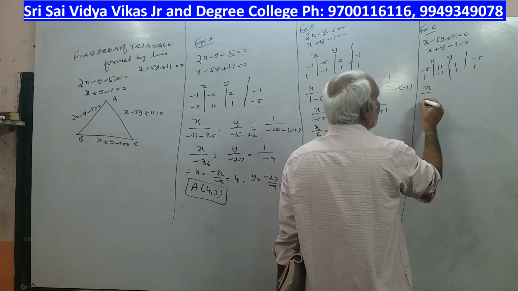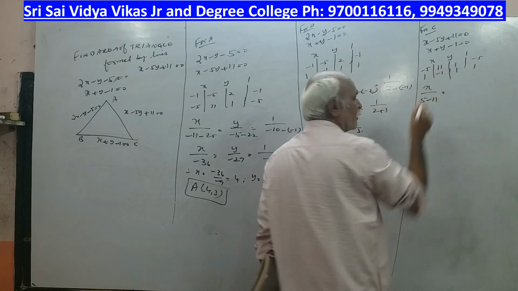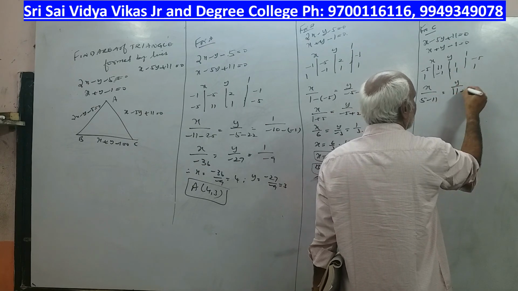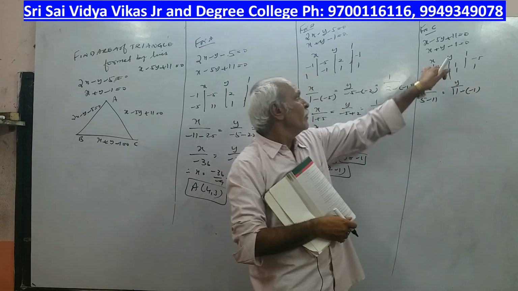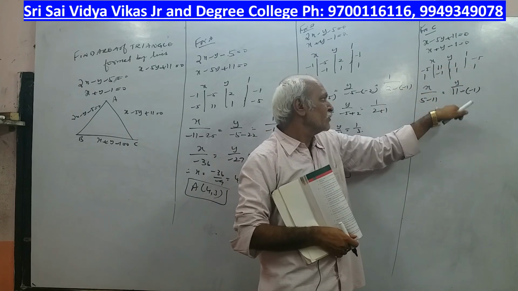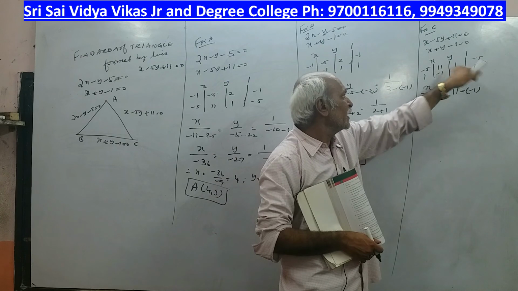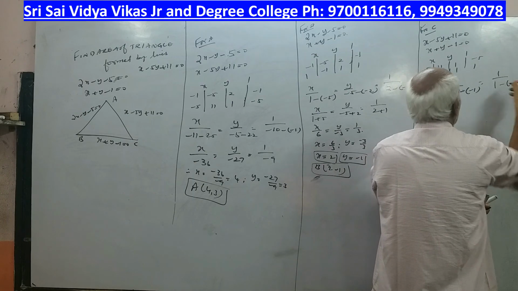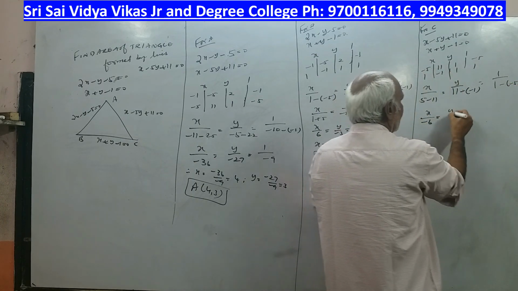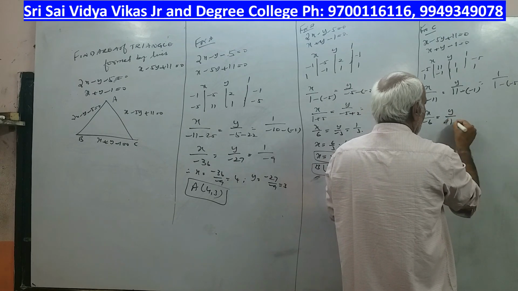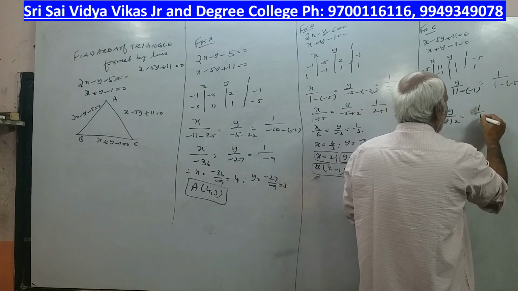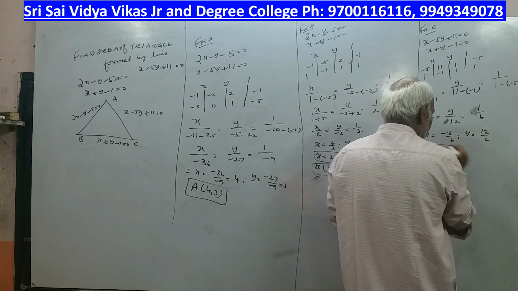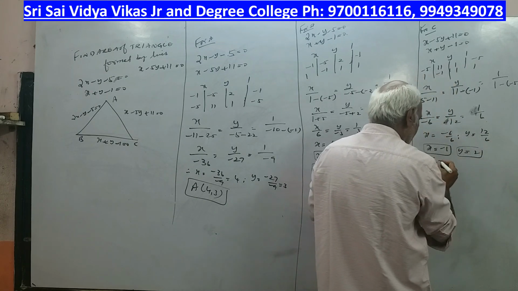Y coefficient is minus 5, constant is 11, then constant. Okay, so x by 5 minus 11. Minus 5 into 1 minus 5 plus 5. Okay, here formula applications are y by 11 plus minus of minus 1. Again observe here, minus 5 into 1 minus plus 5 minus 11 into 1 minus 11. Similarly 11 into 1, 11 minus of minus 1 is equal to, here formula application 1 by 1 into 1, 1 minus of minus 5. So x by minus 6, y by 11 plus 1, 12 is equal to 1 by 6. Therefore x is equal to minus 6 by 6, y is equal to 12 by 6. So x is equal to minus 1, y is equal to 2. So what is the C point? Minus 1 comma 2.